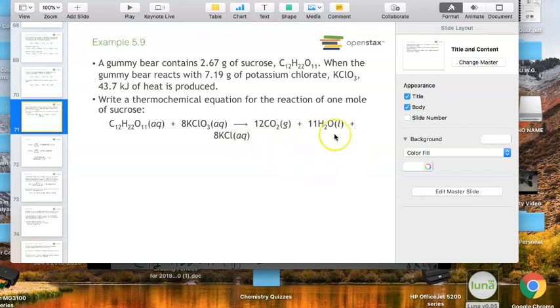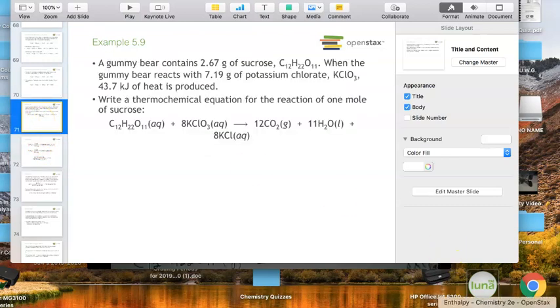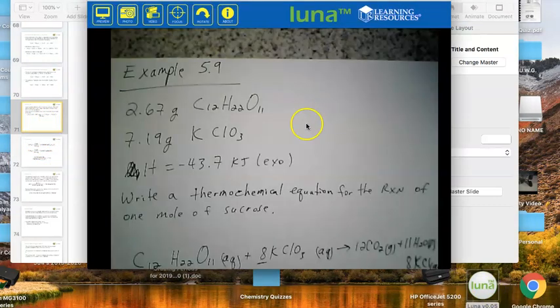The end product of this is just going to be this chemical reaction, but we also have to figure out the change in the enthalpy of the reaction for 1 mole of sucrose. We can figure out this ratio and then do some calculations to figure out our change in enthalpy. Let me go ahead and move to the board so we can look at